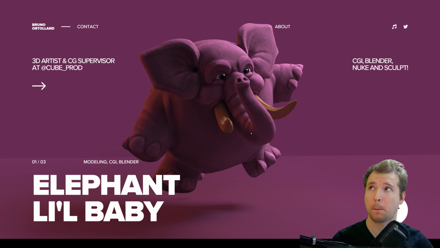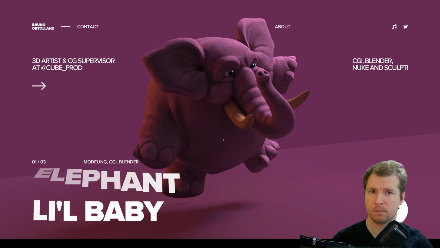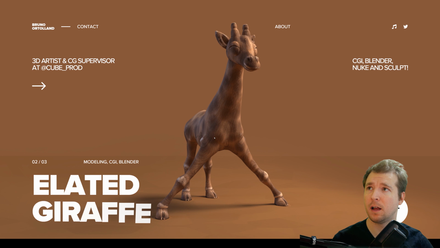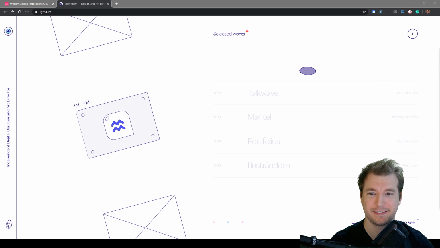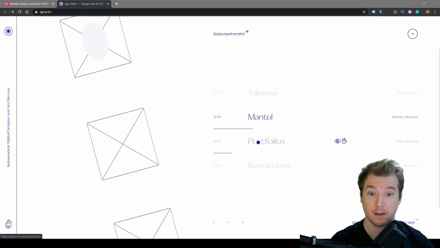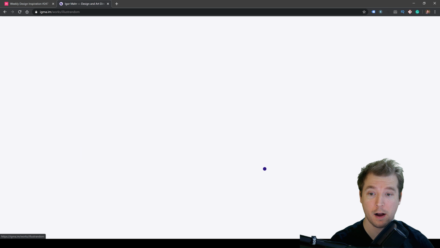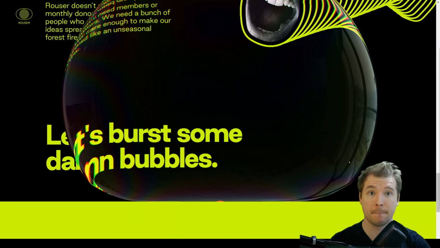Let's check out some really cool UI examples of what people are doing on their websites and their portfolios for transitions, 3D effects and animation in general. Hopefully this gives you some design inspiration and you can have a look at maybe even applying some of these